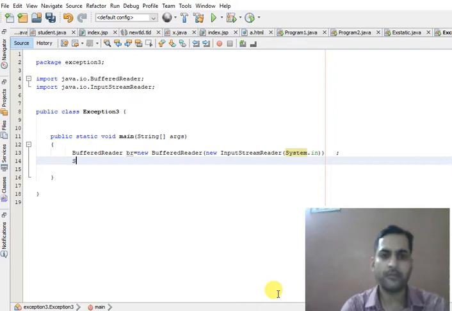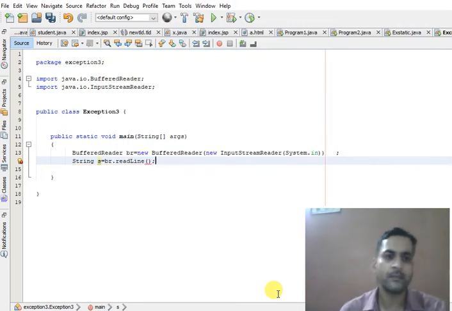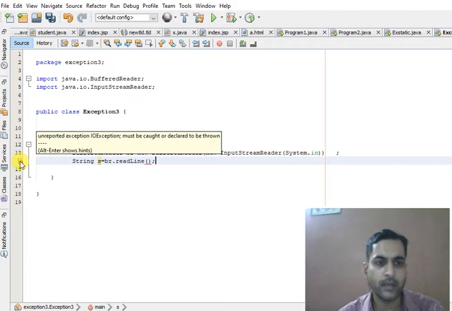But if now I try to read a string value from the keyboard, we can read the string using the BufferedReader object br.readLine(). Now you can see it is giving some error. If I click on the error, it shows unreported exception IOException must be caught or declared to be thrown.